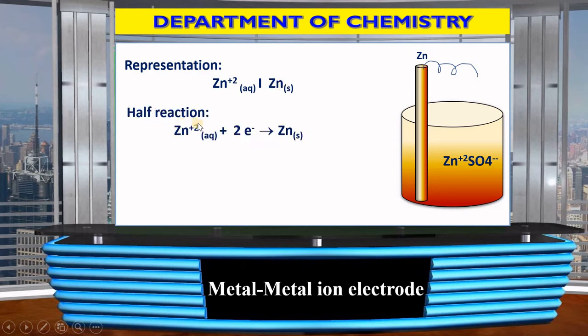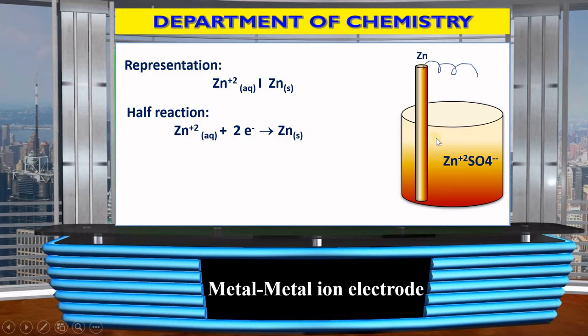The half reaction. Why do I say half reaction of that cell? Because this is only one beaker and one electrode is inserted in this beaker, therefore this is a half compartment of the electrochemical cell. Therefore I write here half reaction of that electrochemical cell. So the half reaction will be, first zinc sulfate will plus 2 electrons, meaning the metal, when SO4 minus ions